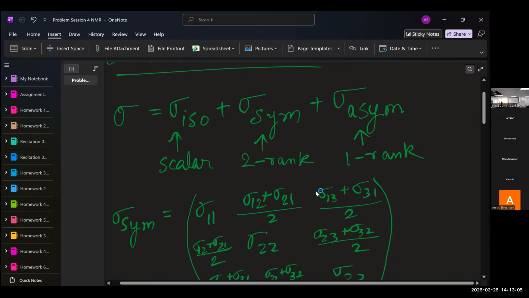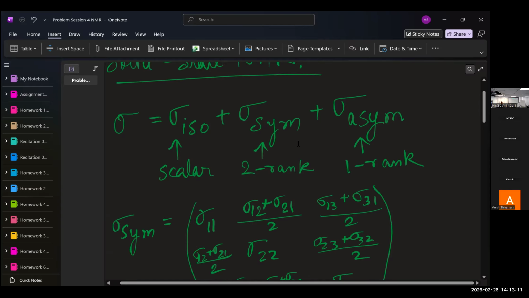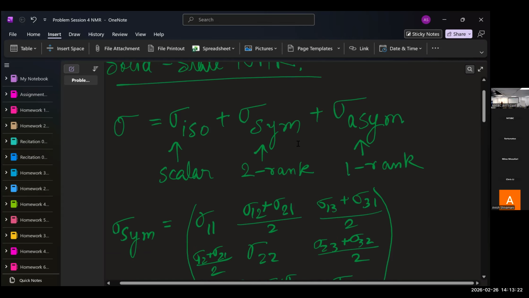The first being an isotropic scalar component, that is the isotropic chemical shift. An asymmetric rank-one component of the shielding, which does not contribute to the frequency. And the third being a second-rank shielding tensor, which is what we refer to as the chemical shift anisotropy,